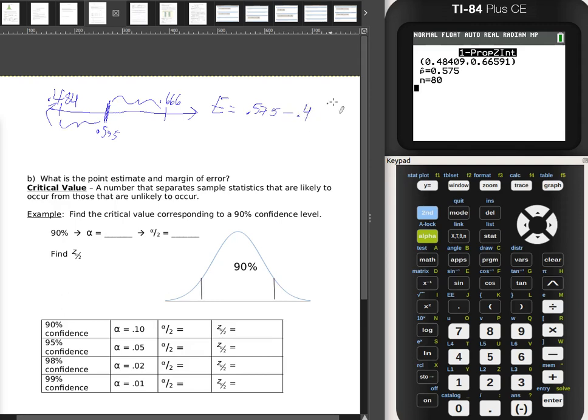You could even subtract these two numbers and just divide it by 2, because the distance between these two will give you this whole distance here. And then you can just divide it by 2. It will give you the margin of error, which is just on one side. But I'm just choosing to subtract it this way. And so what actually is that going to be? 0.575 minus 0.484. The margin of error is